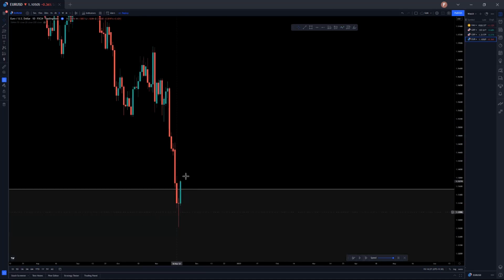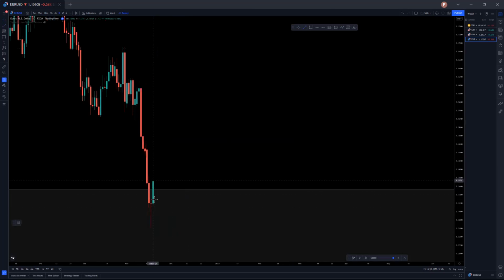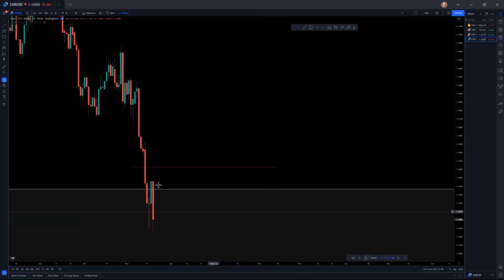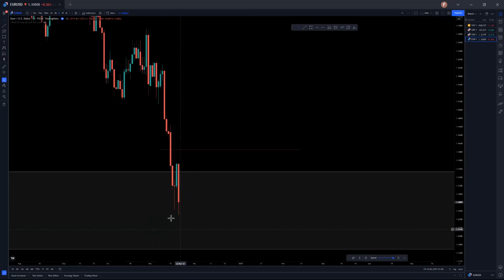Now, if you took a little bit of longs that day, then you were in profit. Now look at the momentum. You still can take a little bit of longs, maybe to fill this imbalance. You can take a little bit of longs. But in this case it didn't work out, so momentum is pretty strong now.